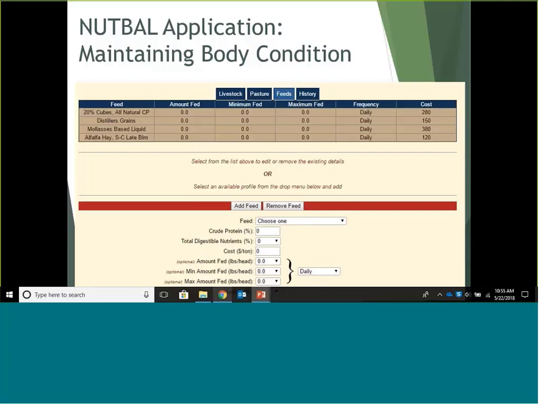You would provide it with a minimum amount fed and a maximum amount fed, and the minimum amount represents the minimum amount realistically that you would feed for it to be worth you feeding it, worth you having the time and the effort of putting it out. And then the maximum amount is the max amount you're willing to put out for them,